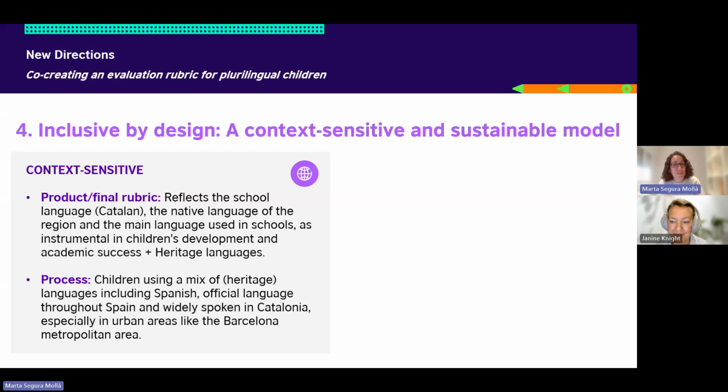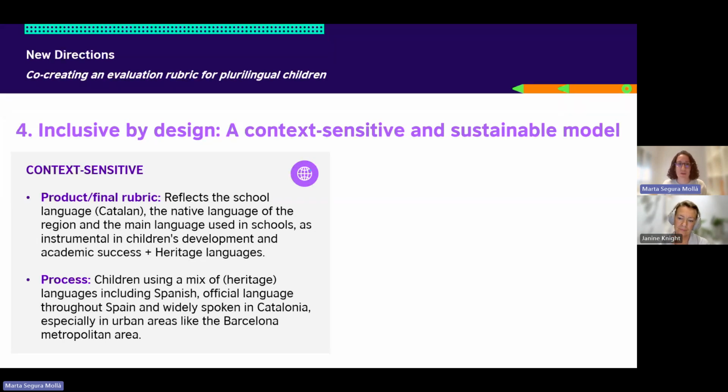And now, we've been saying that this rubric was designed to be inclusive, but what do we mean by that exactly? So first of all, we believe that the rubric was context sensitive in 2 aspects. First of all, in terms of the product or the final rubric, considering the type of students that attend this type of school, we needed to reflect the school language, which is Catalan here, which is the native language of the region, main language of schooling, and instrumental for the kids' development and academic success, but it is